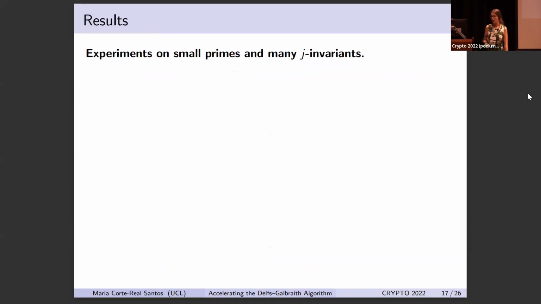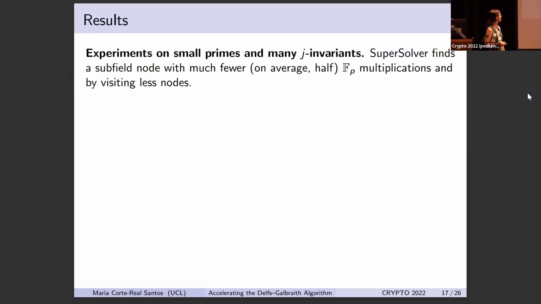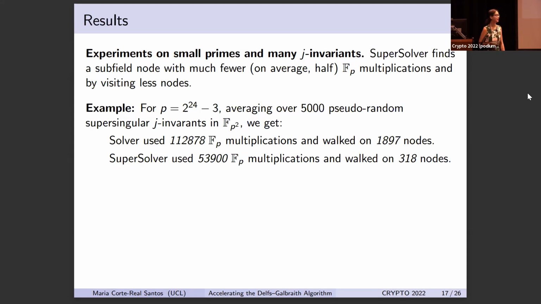Okay. So finally, our results. We ran a few experiments to compare how SuperSolver performs compared to Solver. And we ran some experiments on small primes and many J invariants. So SuperSolver finds a subfield node with, on average, half of the FP multiplications, and it visits a lot less nodes. So taking an example, if we have a 24-bit prime, we averaged over 5,000 instances, and we found that Solver